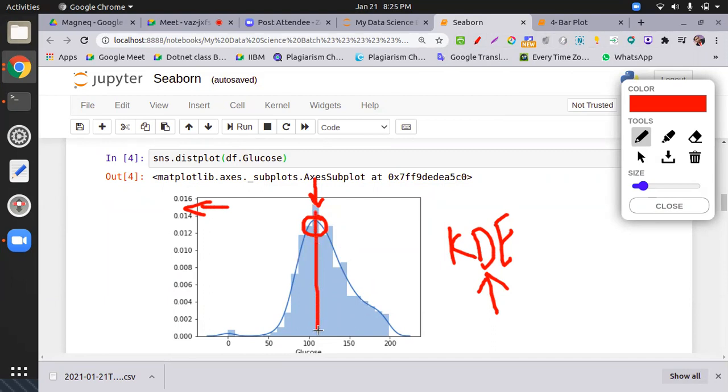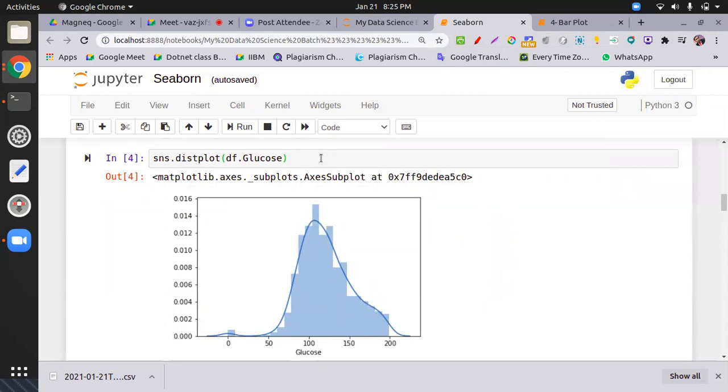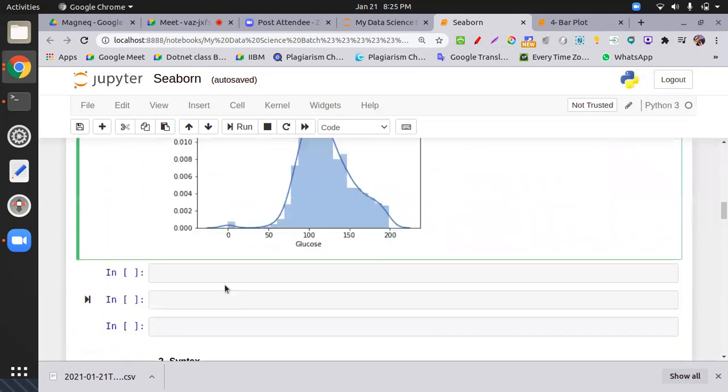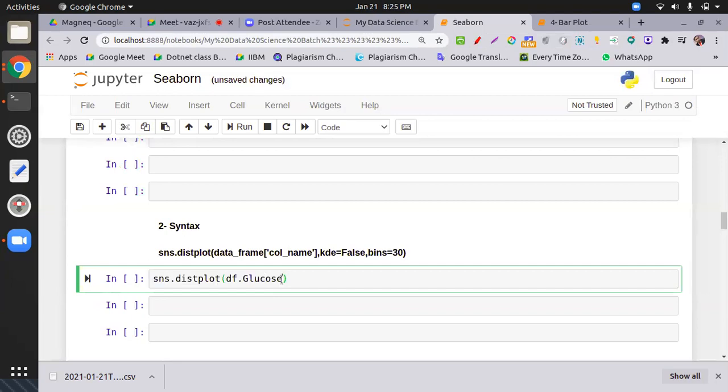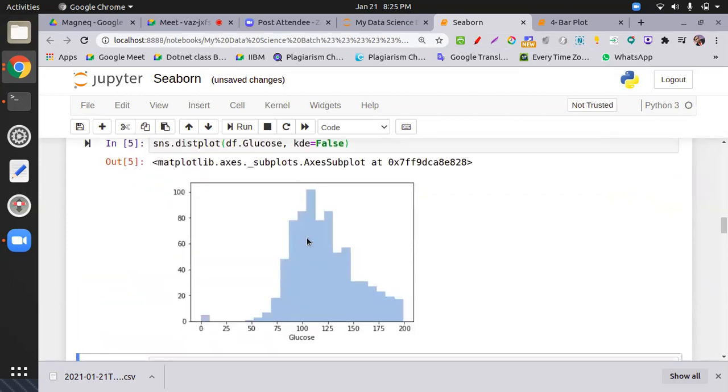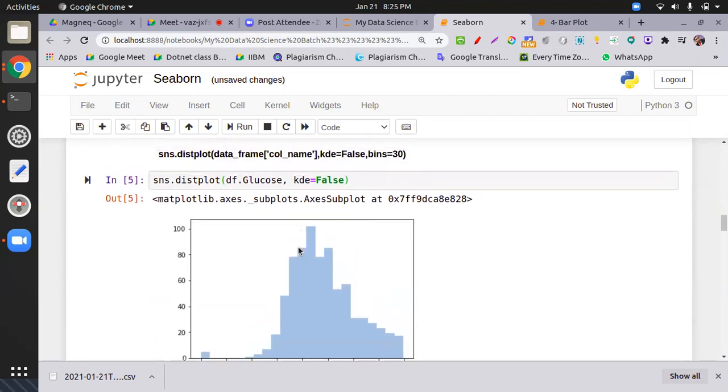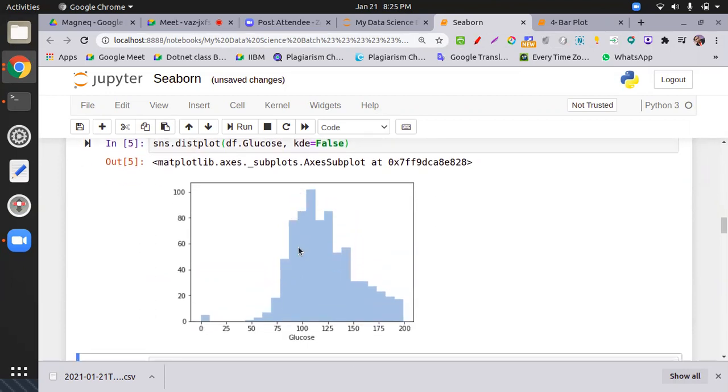If you don't want to see this KDE line, you just put KDE equal to false. So you have only the histogram over here. Now check the same histogram which we made in pandas and in matplotlib.